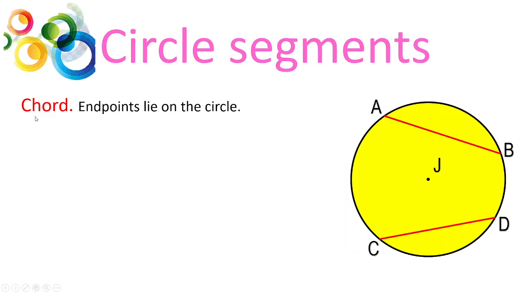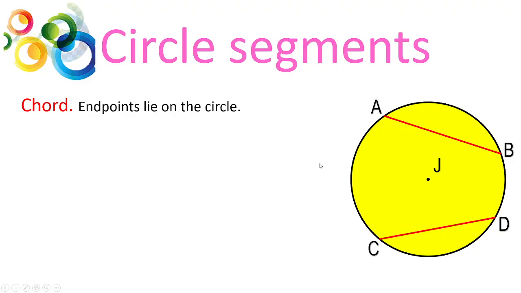Now we have segments as well. We can call it a chord if the endpoints of the segment are on the circle. As you can see, A and B, the endpoints of this red segment, are on the circle. That means this is a chord. So we can name this chord AB, and you guess it right. The other chord you see down here is also a chord CD, because D and C here, the endpoints,